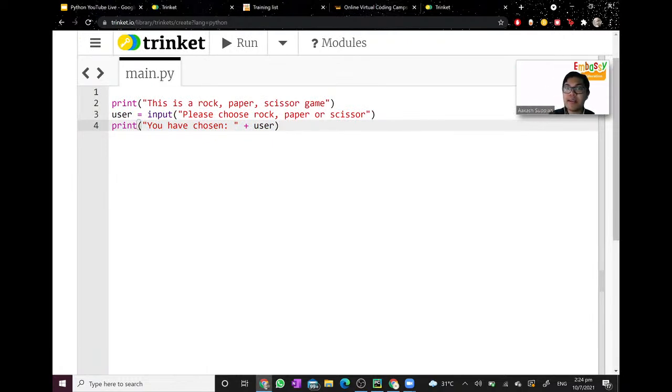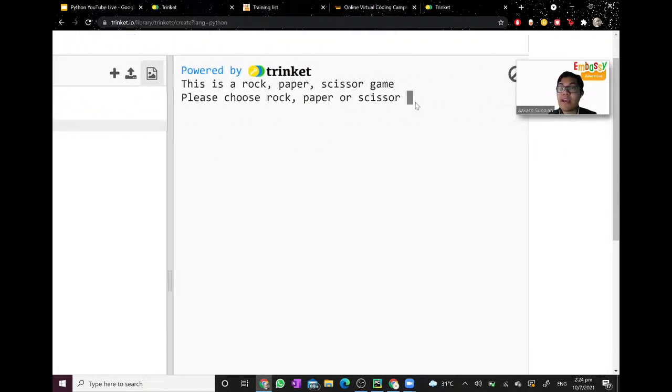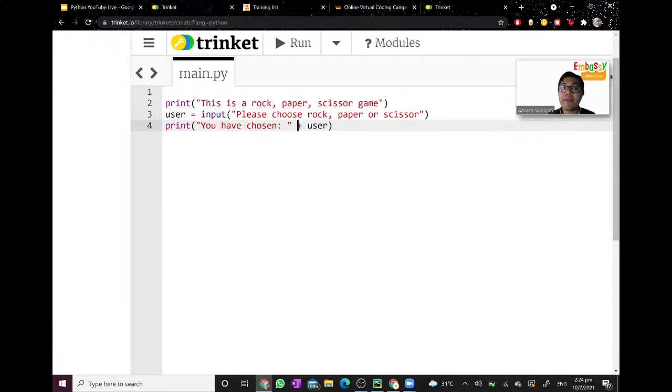Can we use the plus icon? Can? Let me try again. Let's say I want to print out you have chosen hello. So what I have to do is make user equal to hello. When they ask me this question to input the value of user, I type in hello, and ta-da! You have chosen hello. So this is how we can print out a variable that we have stated previously. Okay? Can?